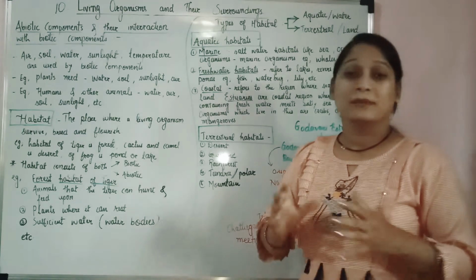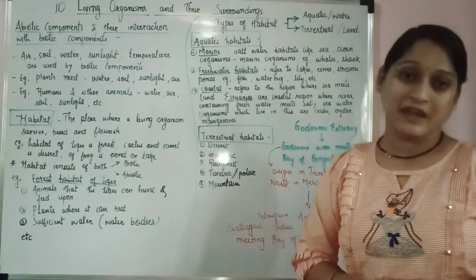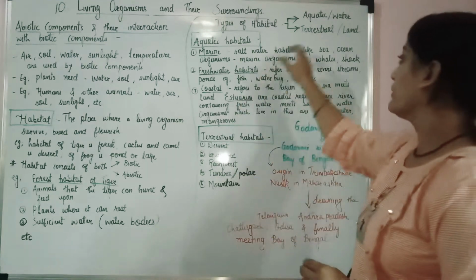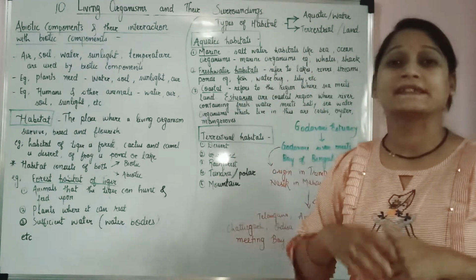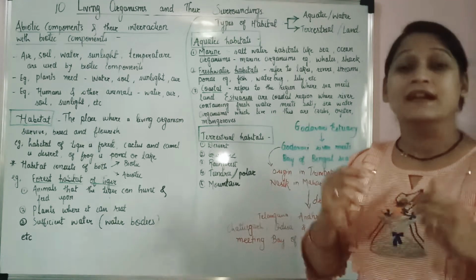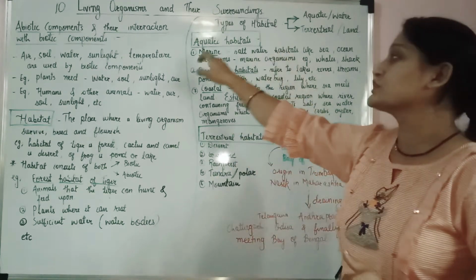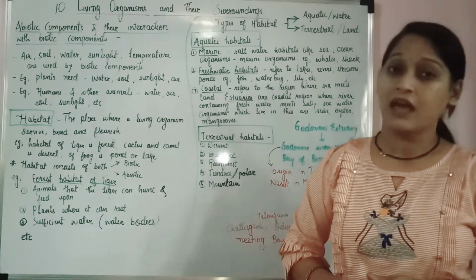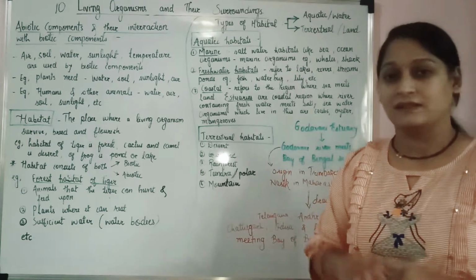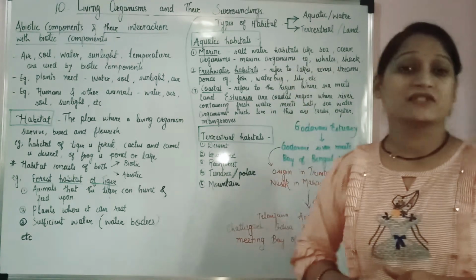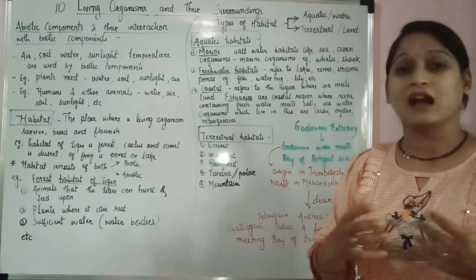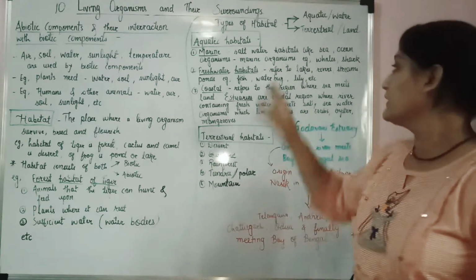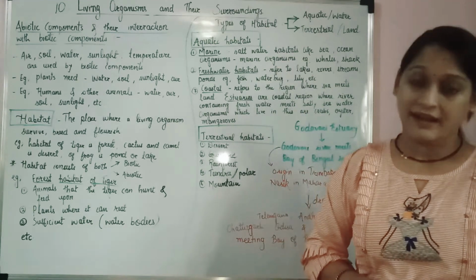Marine habitats are the salt water habitats. Basically, the water present in these resources is salty, like the sea and the ocean. What is an example of marine habitat? The sea and the ocean have salty water, so they constitute the marine habitats. And the organisms which are staying in such habitats are called marine organisms. For example, the whales and the sharks, right? Are whales and sharks present in freshwater? No, they are naturally present in the salty water, that is, marine habitats.